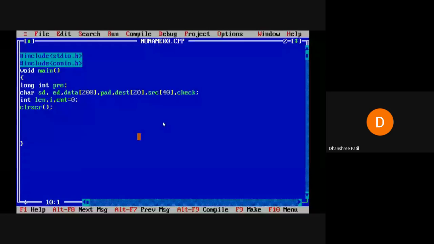Okay, now what I'll do, I'll just print the fields of our frame format. So first field is preamble, then second field is start delimiter, then destination address, then source address, then length.